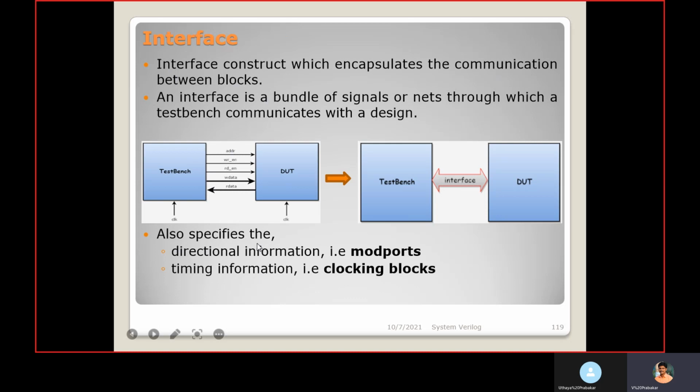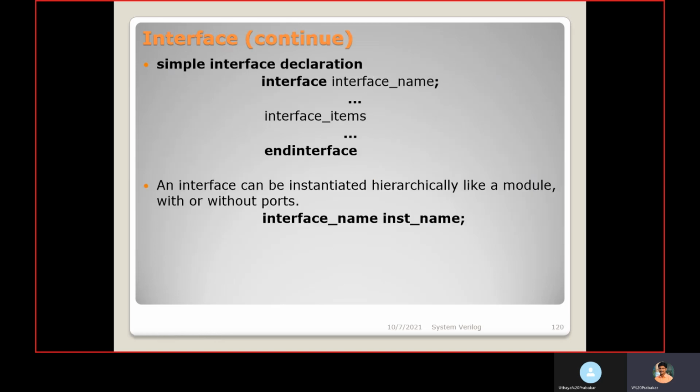It also specifies the direction information. Inside the interface, we mention the direction information of each signal and the timing information. Direction information is given with the help of modport, and timing information with the help of a clocking block, which we are going to see now.